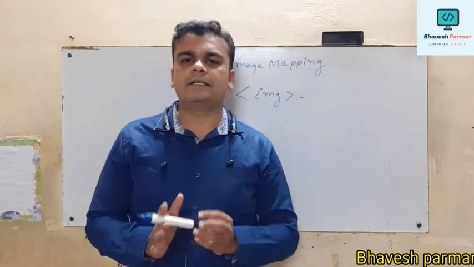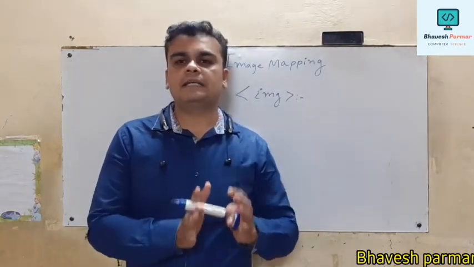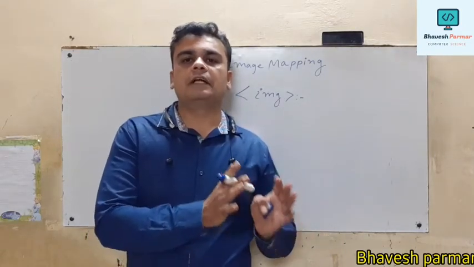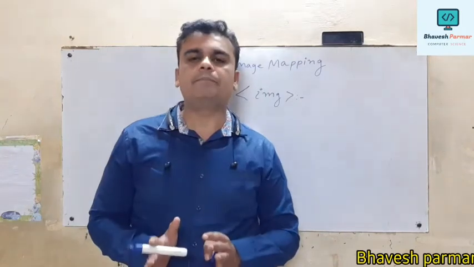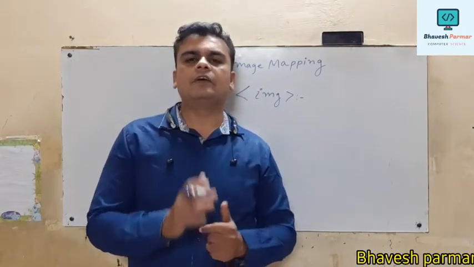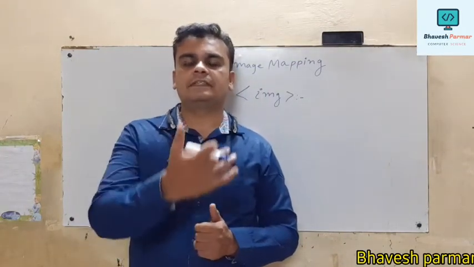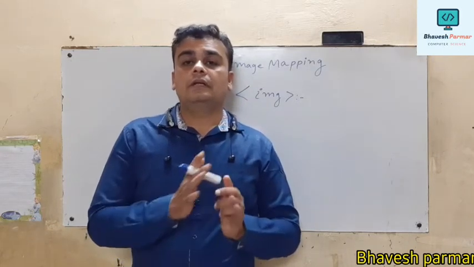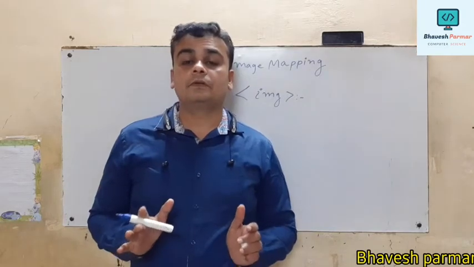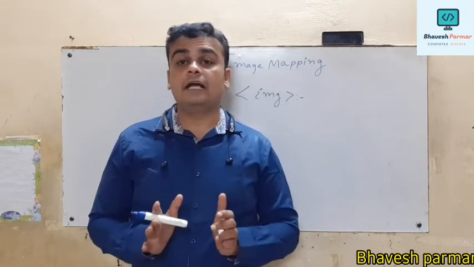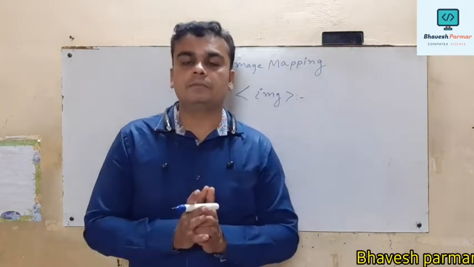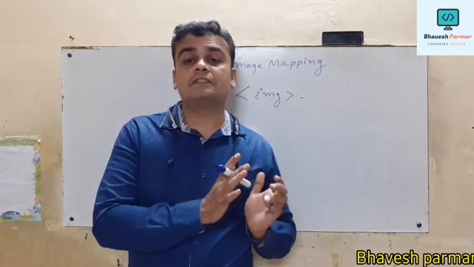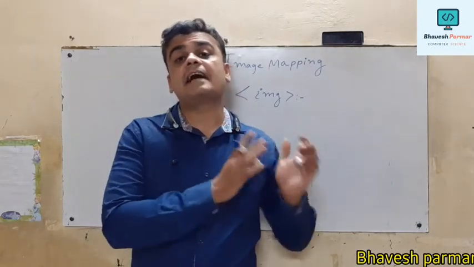Generally what happens, guys, if I am using the img tag in my web page and showing one image in my web page, and if I try to click on that image which is displayed through my web browser, nothing will happen. So guys, what I want to do is map that image, meaning whatever image is displayed on my screen, that image works like a hyperlink.